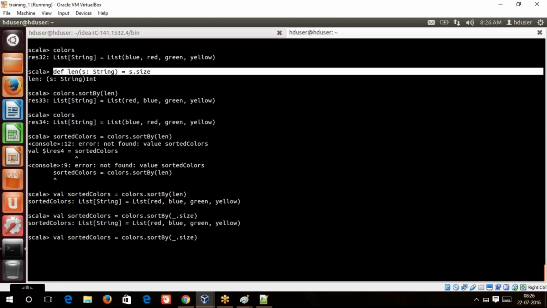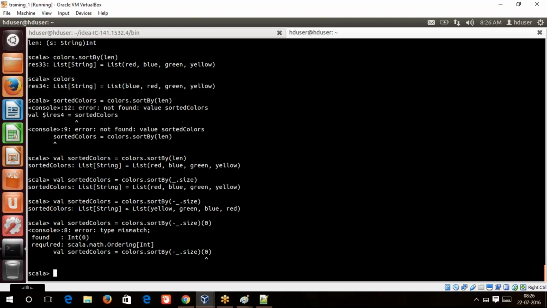What we'll do is sort it in the descending order. A negative sign is just required to sort in the descending order. So we'll get a descending list. Then I will just take the 0th element. So it should give